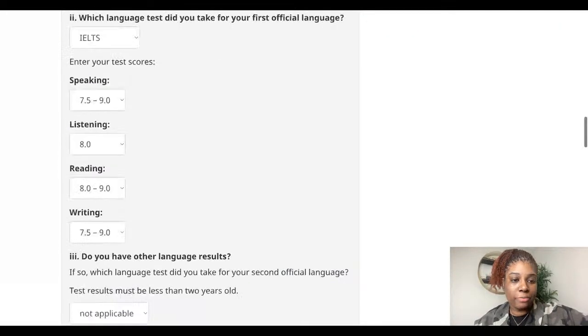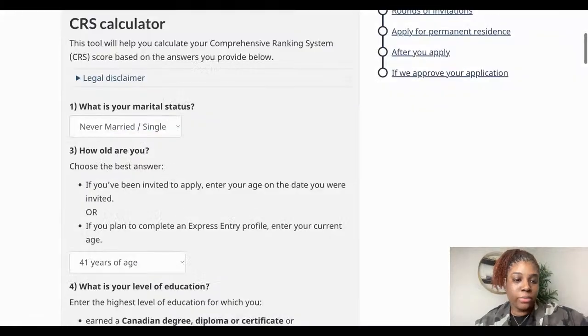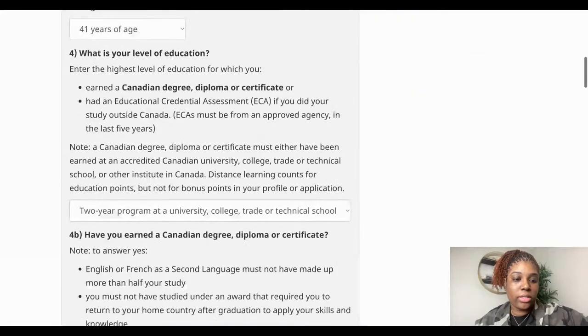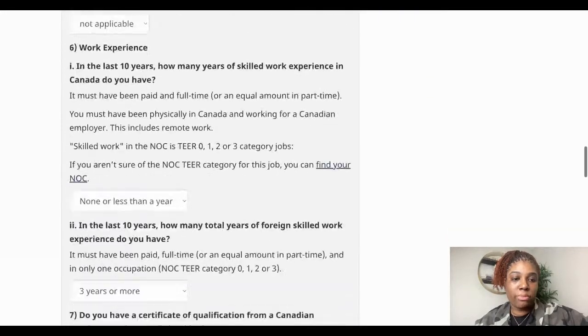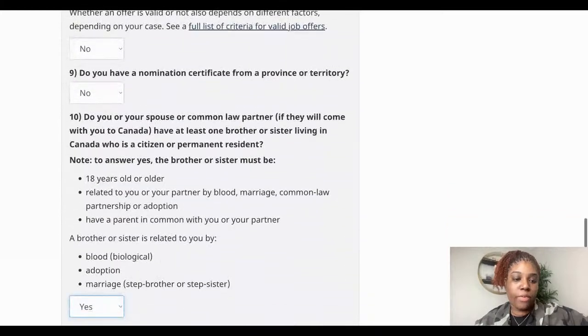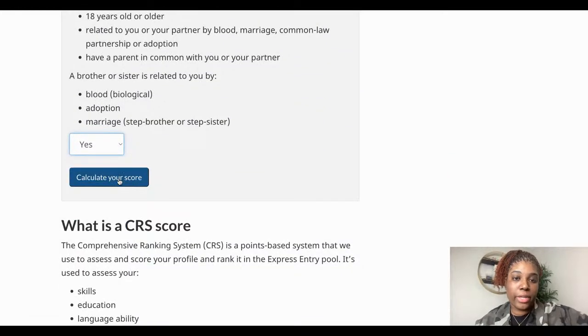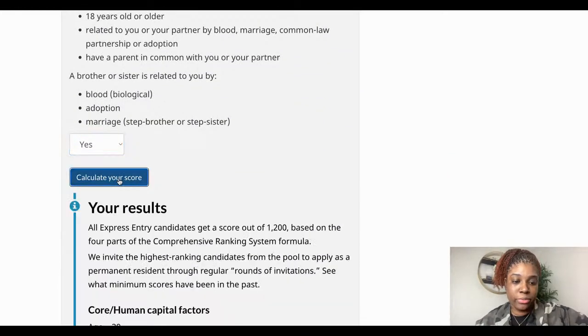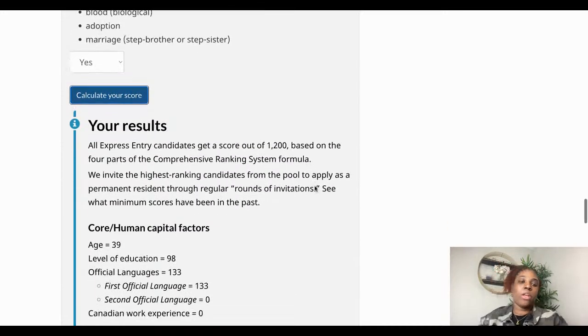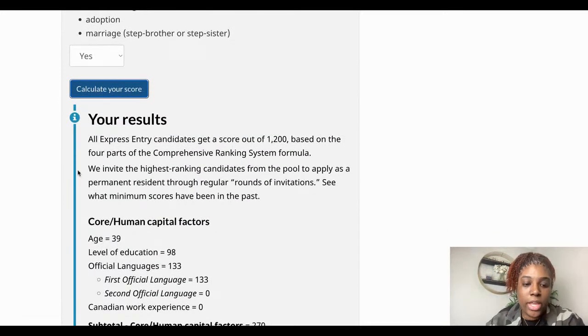Okay, perfect. I'm just double checking the points. So now you would press calculate score. As you can see, it now tells you all Express Entry candidates get a score out of 1200 based on